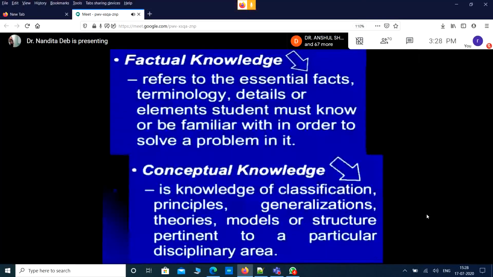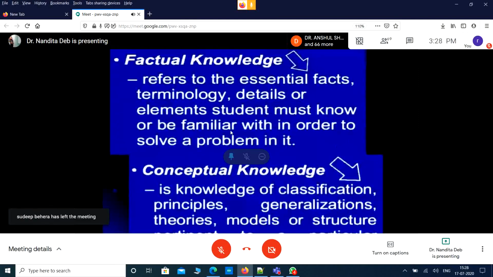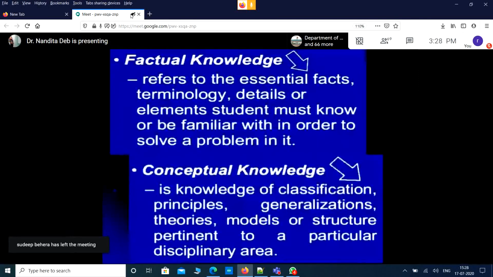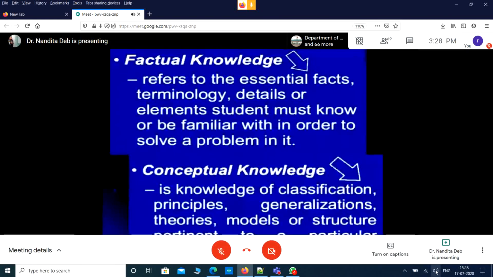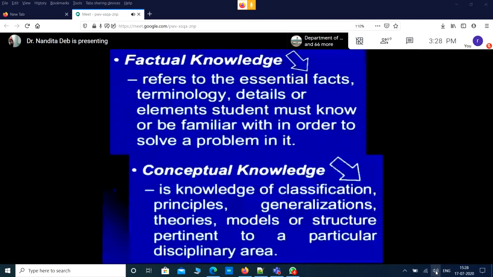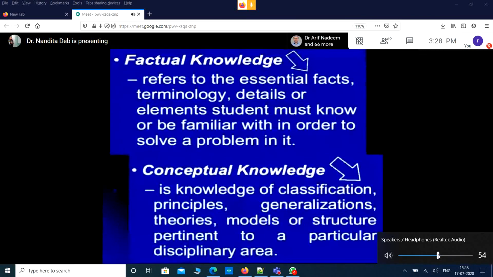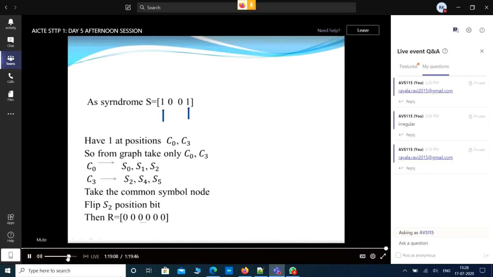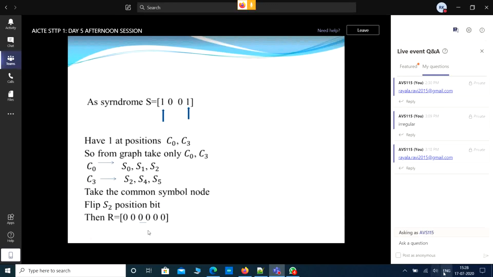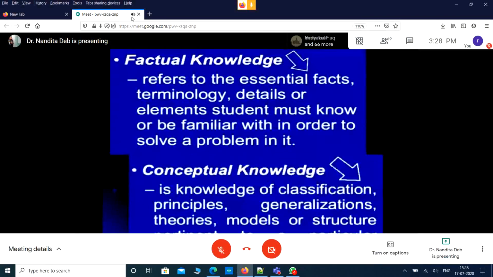Conceptual, definitely, because when we are looking at a course outcome or a program outcome, any specific modules we are dealing with, there are needs where conceptual knowledge should be developed much more. Students should be in a position to, for example, take all the science subjects where theories, models, principles and laws are taught, and after that their generalizations, that is deductive reasoning. Deductive reasoning, how they can apply those principles.